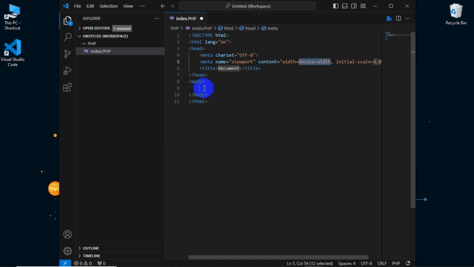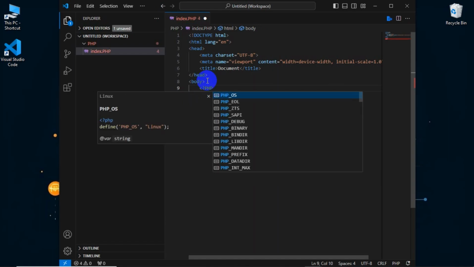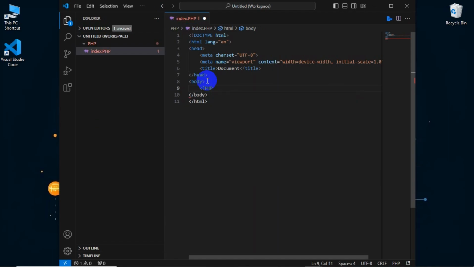And now what are we going to do? We will come to this body section, and now we will first type a question mark and PHP, click paste, and now press enter, and now close it by clicking this. Here you can see the PHP code is closed, and now we will write into this code